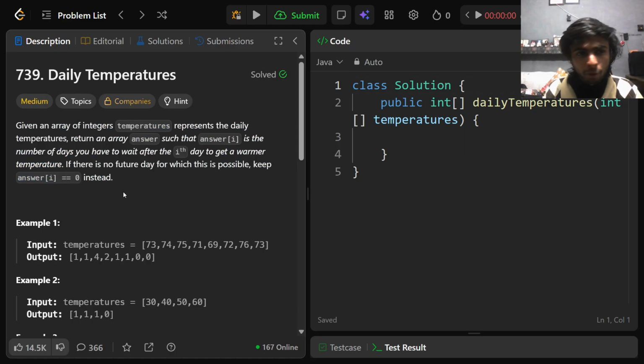Every Sunday I attempt new problems. Given an array of integer temperatures representing the daily temperatures, return an array answer such that answer at index i is the number of days you have to wait after the ith day to get a warmer temperature. If there is no future day for which this is possible,